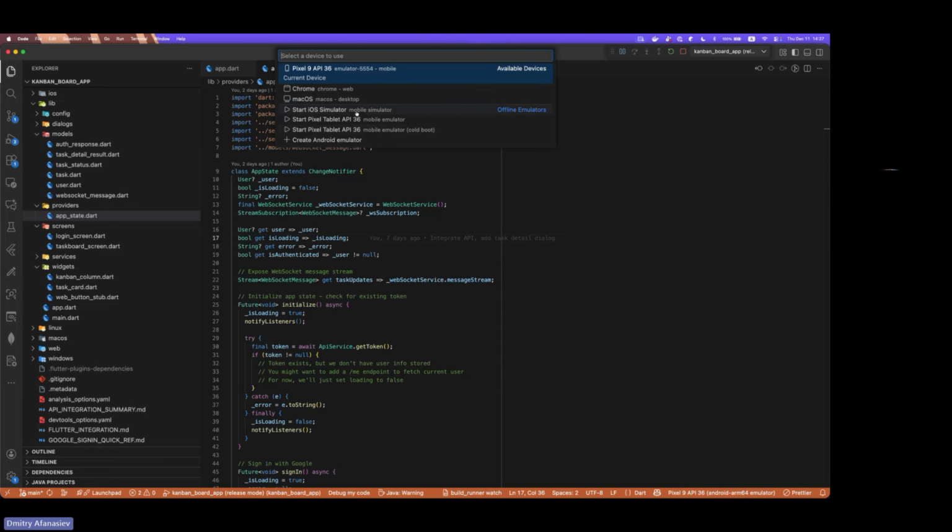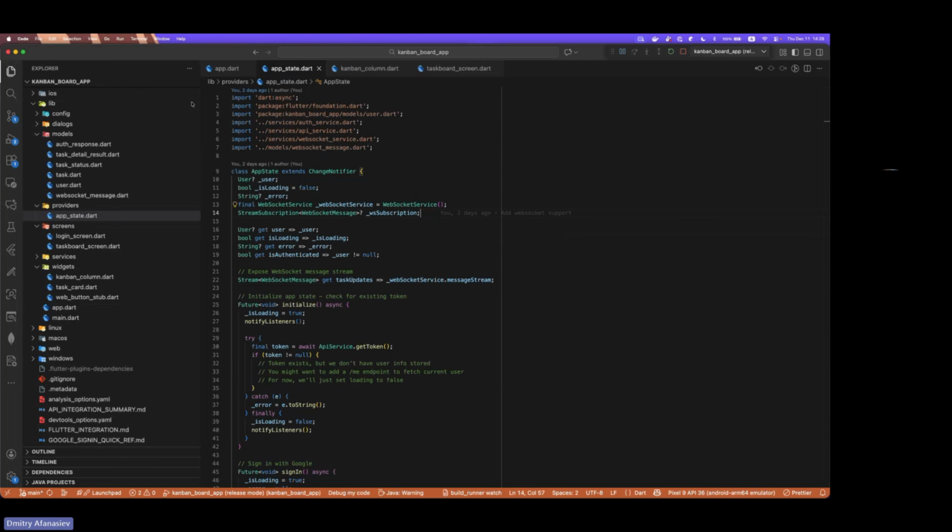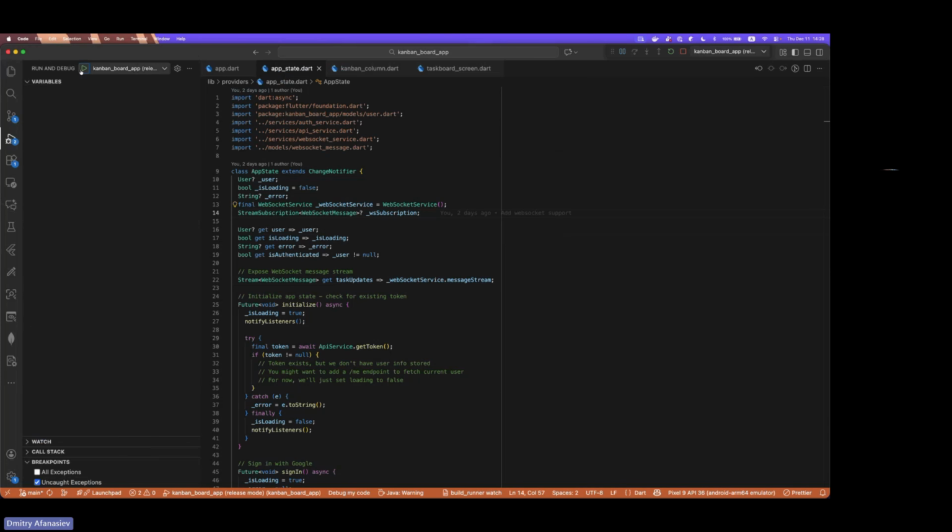You can see there's already quite a big choice, and if your device supports more options, then they will be shown here, like Windows or Linux. But in this case, I'll start with an Android emulator. I already have it set. And we can just start